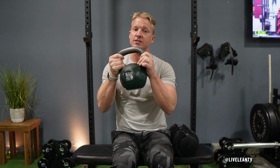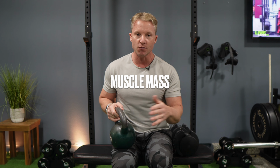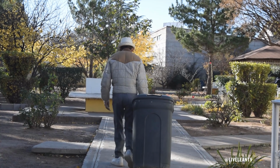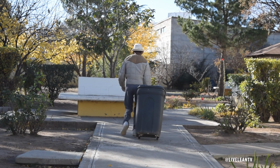Are kettlebells okay for seniors? 5 kettlebell exercises for older adults. Kettlebells can be safe and beneficial for seniors when used with proper form and appropriate weight. Kettlebell exercises for older adults are proven to help improve strength, muscle mass, bone density, and cardiovascular health. This is essential for you to improve your balance, coordination, and flexibility, thus preventing falls and maintaining independence as you